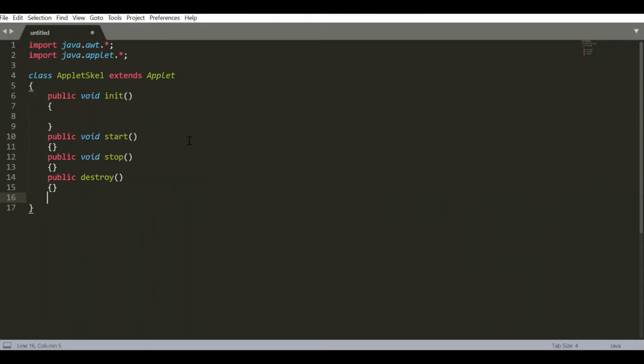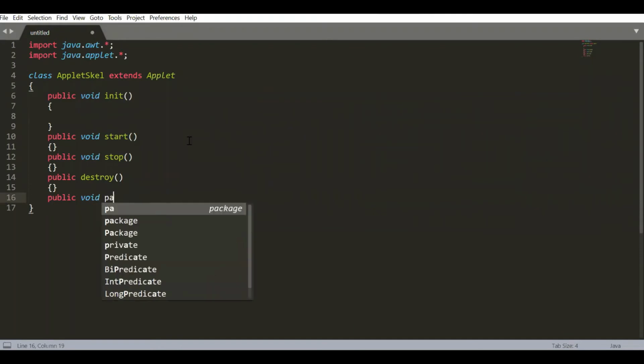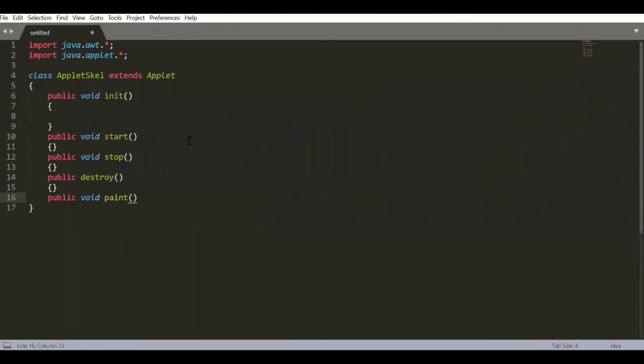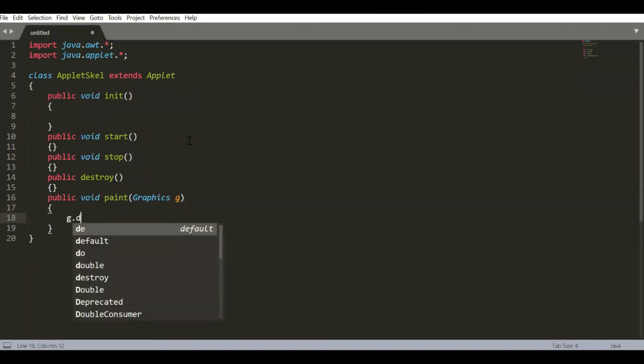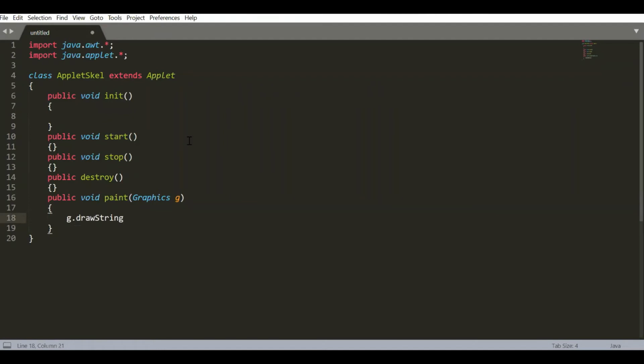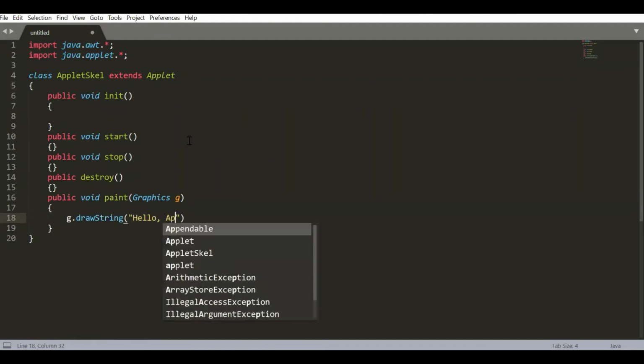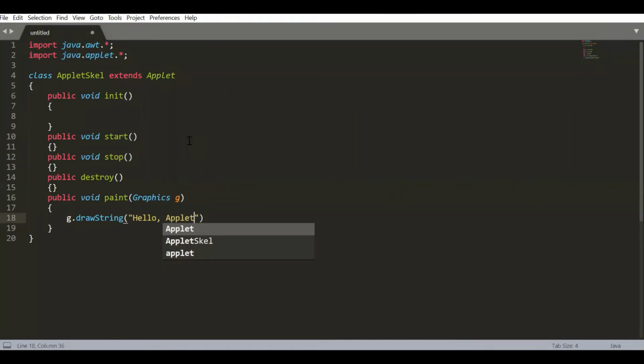In a similar way, if I use some text to display over there, I'll be drawing it on the canvas, that is on the applet window. We use the drawString method, and we'll provide the x and y coordinates on the screen where it will be printed.